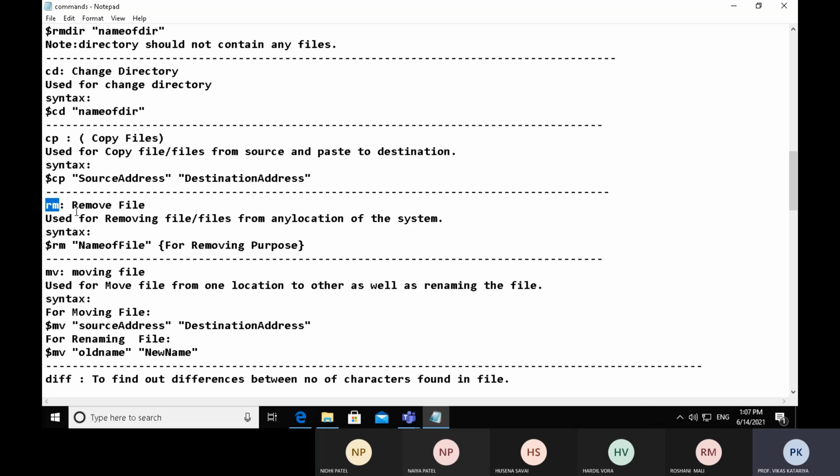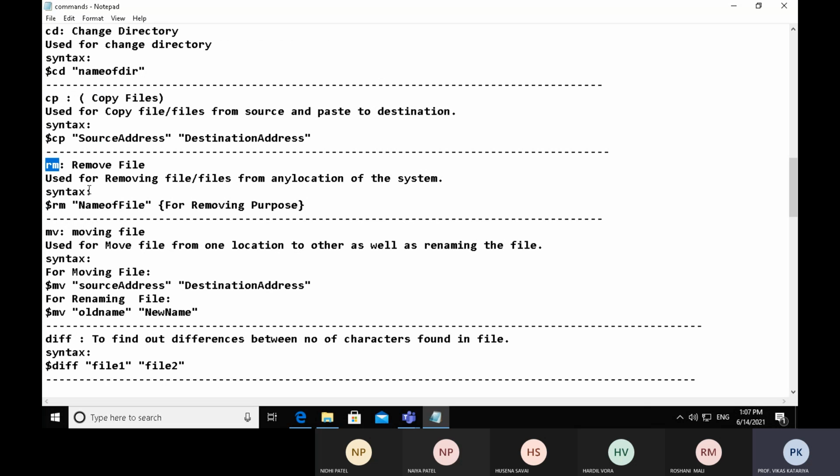Okay, so in today's session, we will cover some more commands. RM for remove file. So let's have a look at how it works over Linux. The name of the command is RM, it stands for remove file.